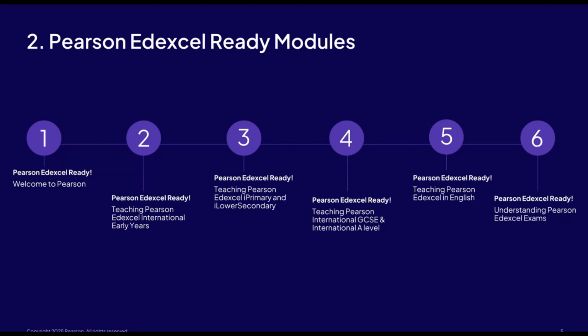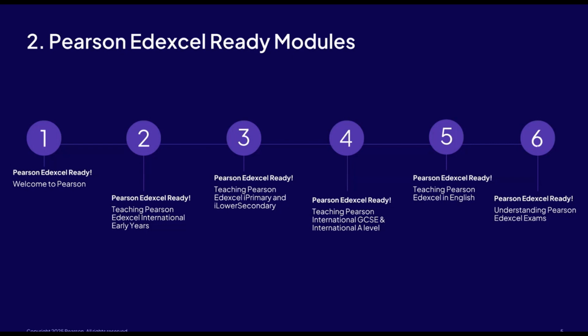And then we move on to module 2, 3, and 4. They are looking at the curricula in a little bit more detail at a specific stage. So module 2, we look at international early years. So this is all around our courseware and curriculum for English, Maths, and the world around us at our early years offering. iPrimary and iLower Secondary, Module 3, we have a 3A and a 3B, and it goes into detail